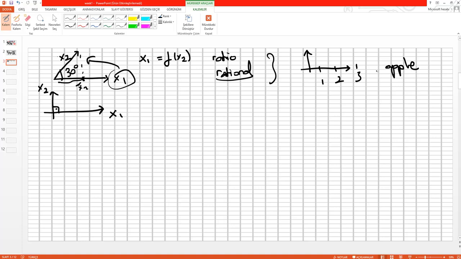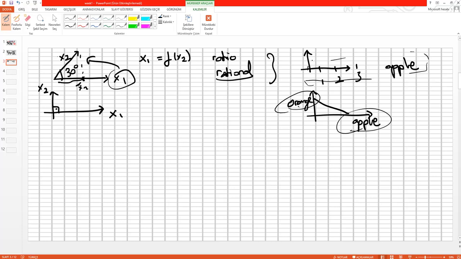But what happens if I choose apple to orange? Orange, apple. This is not rational, but it must be, because we buy orange or apple. So how can we rationalize or scale this formation? Because the first case is linear and simple, right? How can we convert the apple to the orange? If we use the Pythagorean theorem, we can scale it or convert it.